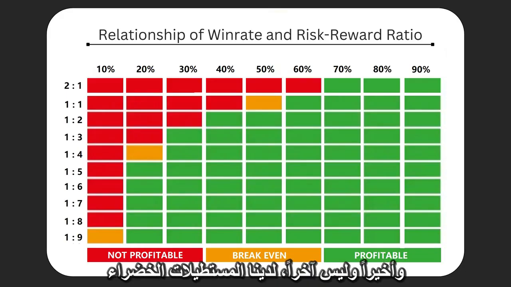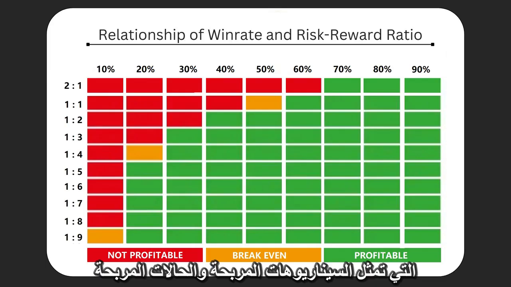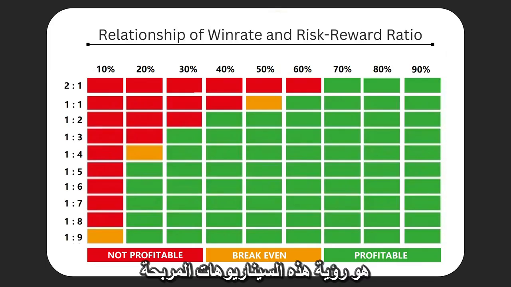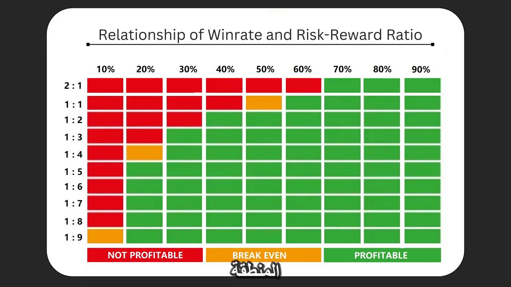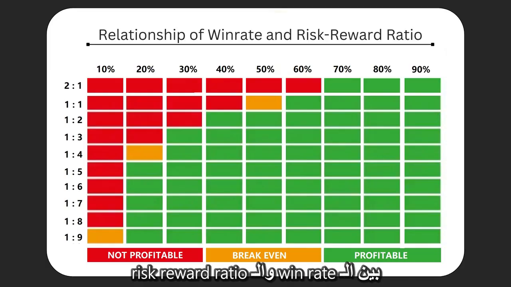And then last but not least, we've got the green rectangles representing the profitable scenarios, right? And the profitable cases. Now, your objective is to see these profitable scenarios and look for a profitable combination that lies in the green area or the profitable area. Now, let's discuss some big combinations in the table to explain the relationship between win rate and risk reward ratio,